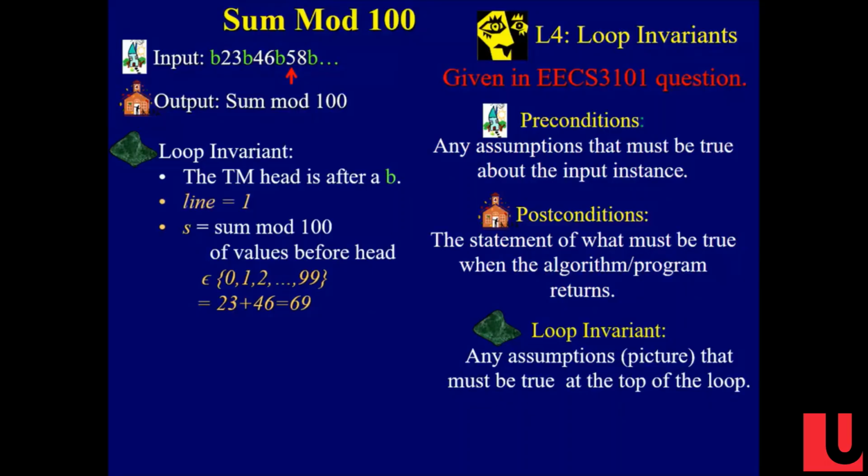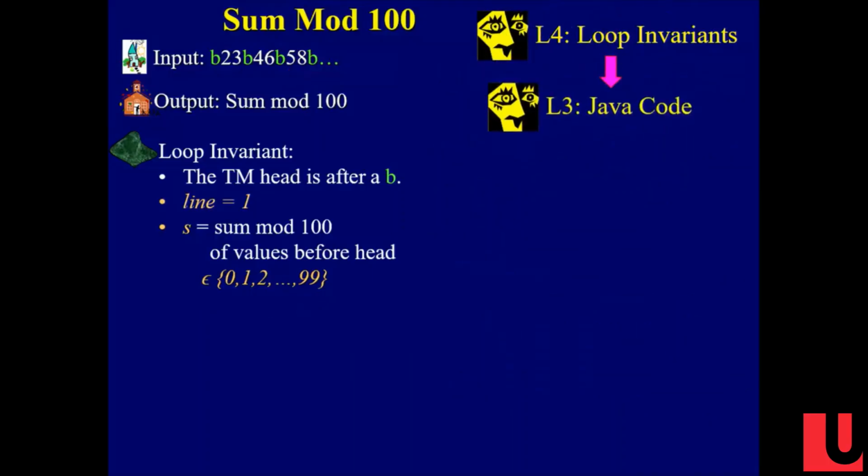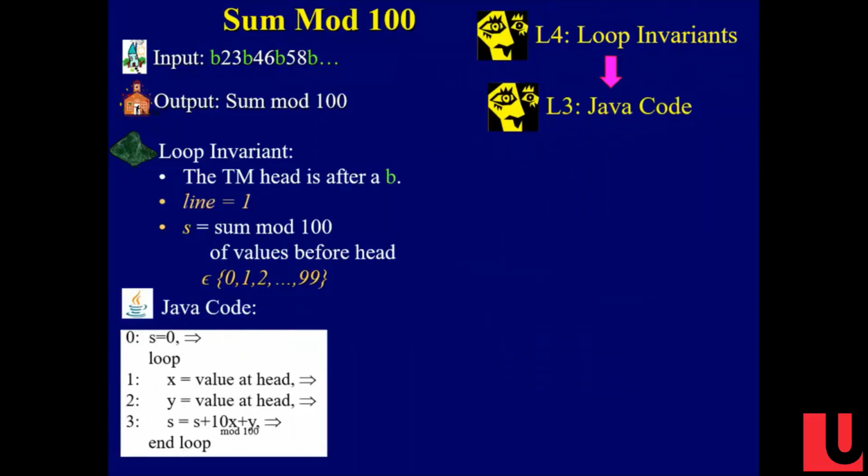And this is kind of the level of difficulty that's on the test. And so you'll have to say, oh, we don't have code. How do we establish the loop invariant? How do we maintain the loop invariant? So let's do it here. We need code. So here's our Java code. I think we're going to go through it.